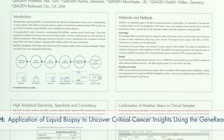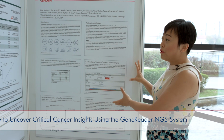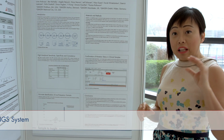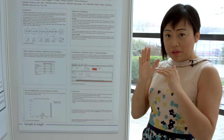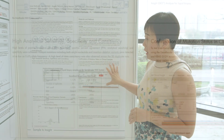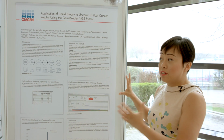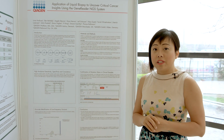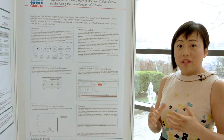Here's an example of the GeneReader system being used in liquid biopsy testing. We are able to present a robust set of data proving its ability to detect these variants at very high level of sensitivity as well as level of specificity in various liquid biopsy samples. So this is a system that's now being robustly tested and can be readily adopted to detect mutations in circulating